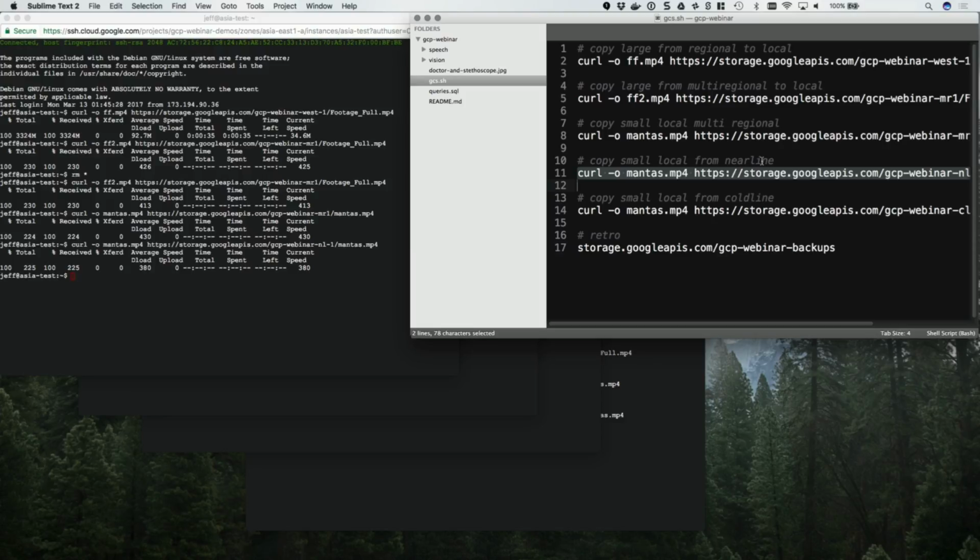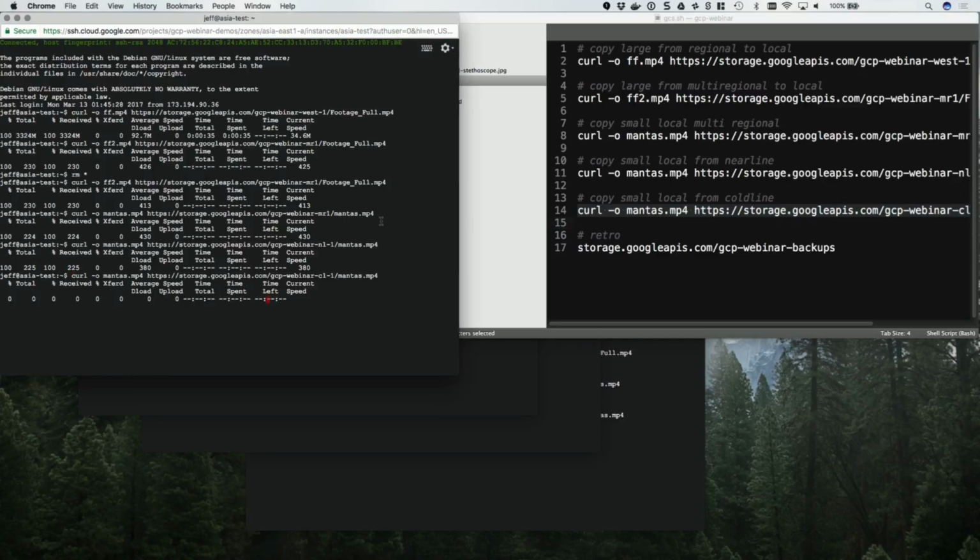Let's go to coldline. So coldline is even less expensive. It's intended for data that you only access very infrequently. But again, you use the same access mechanisms and you get the same retrieval speeds as you do from standard buckets. So you'll notice 413, 778,